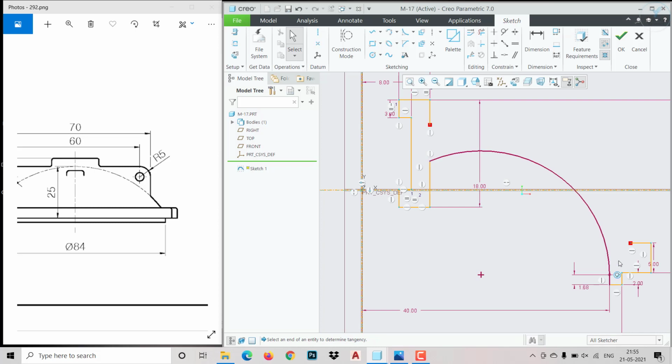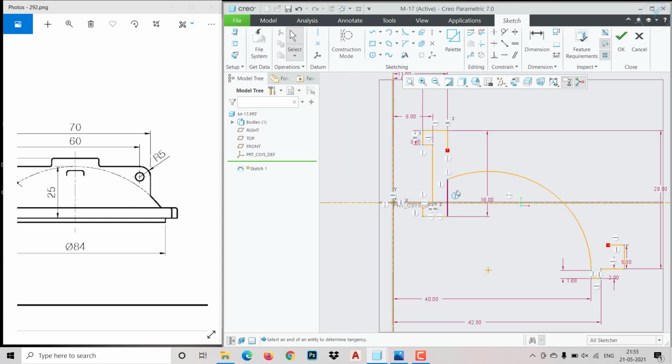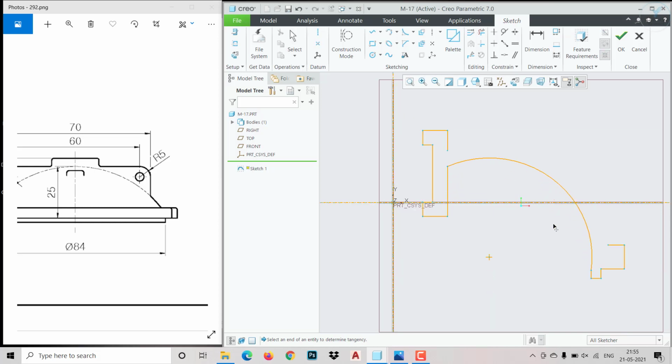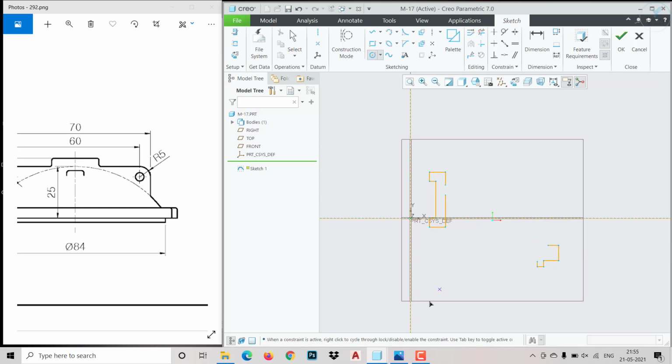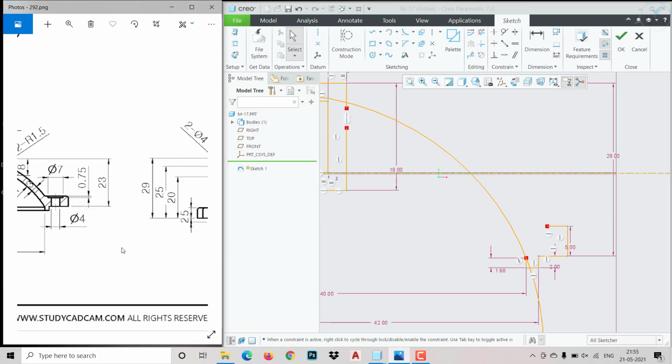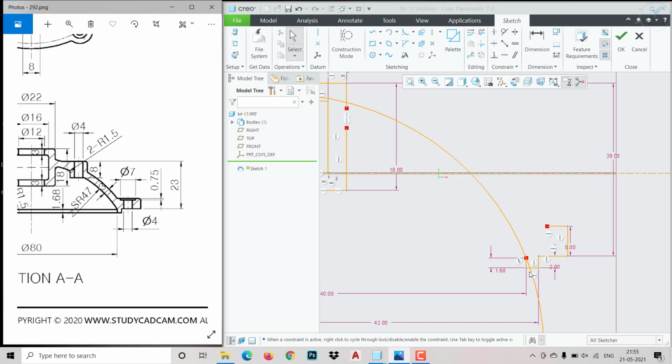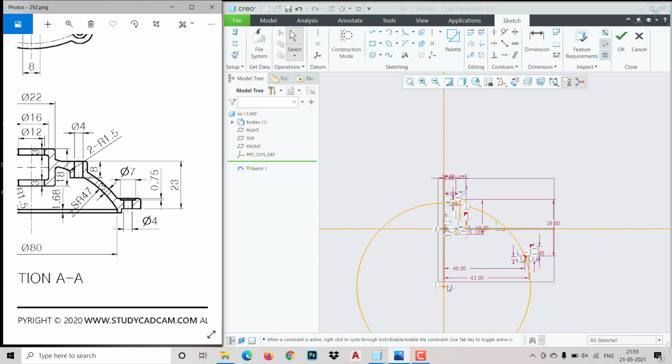So as you can see, it is taking tangents here. Let me remove the tangency, so then only I can reduce it or I can increase it. We can create a circle with respect to center and position it there. So as you can see, it needs to touch that portion and it has to be taken coincident over here,